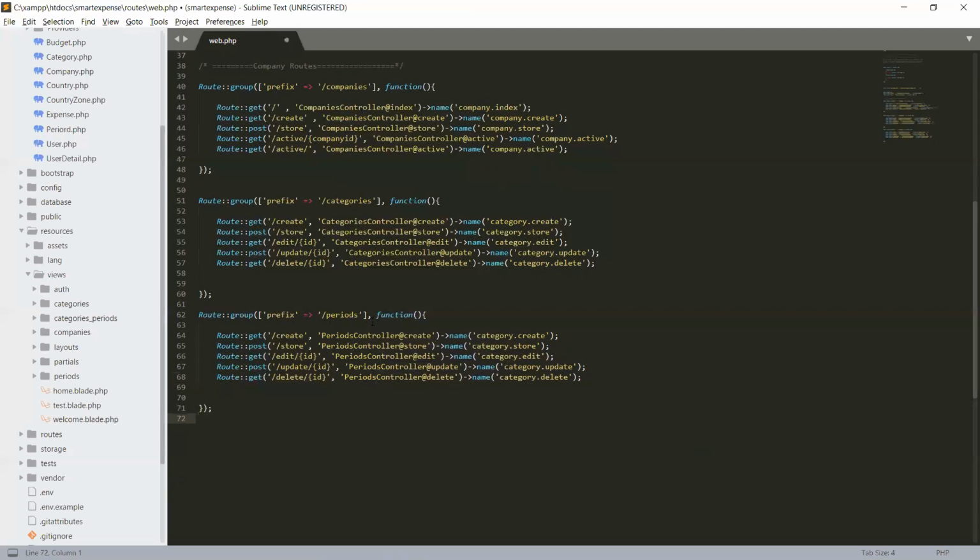So prefix periods, and the get create goes to periods controller create, and also here we will change it. Control D to select all, and we will change it to period. So it becomes now period.create, period.store, period.edit, period.update, and period.delete.